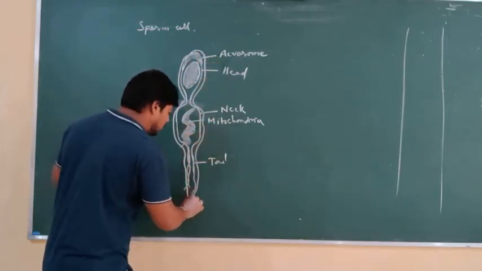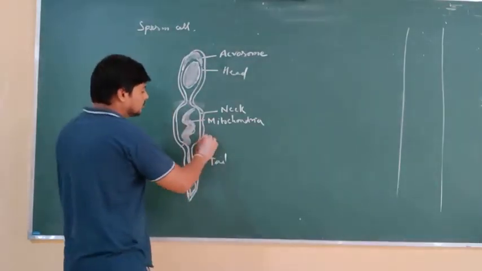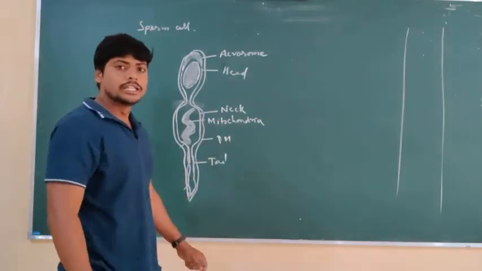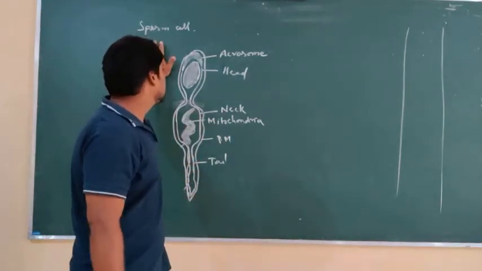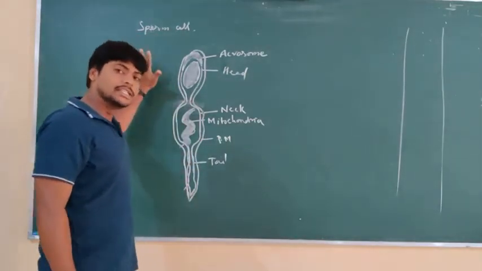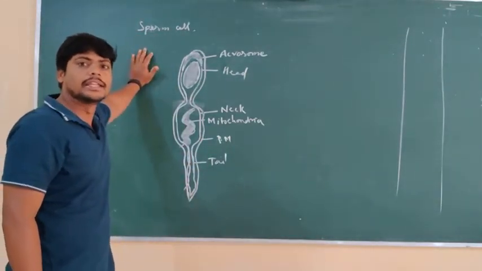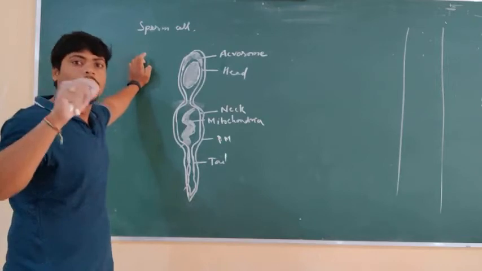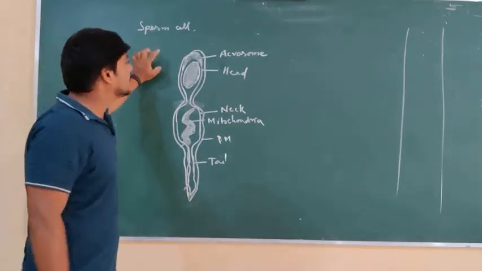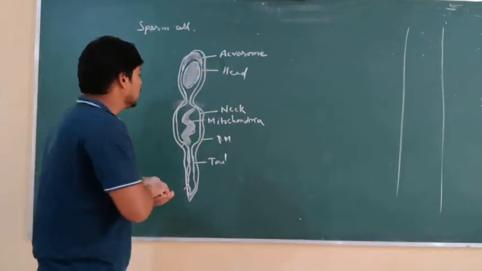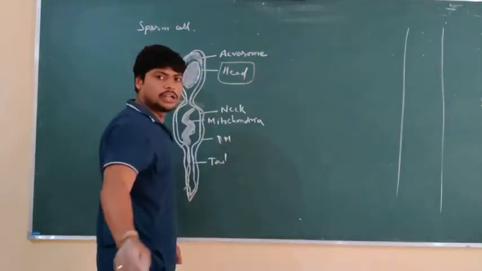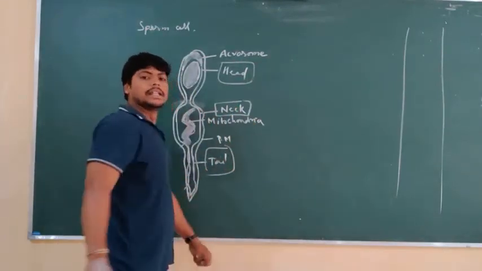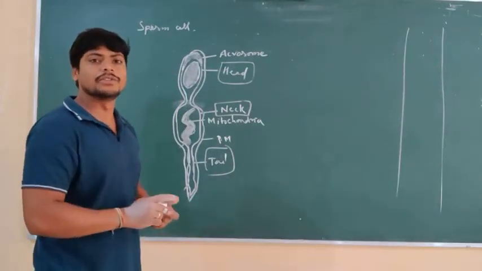The sperm cell is surrounded by a plasma membrane-like structure. So this is the structure of the sperm cell. It is motile in nature, which means it can move and swim to reach the ovum, which is secreted by the female body after sexual intercourse. It consists of mainly the head region, the neck region, and the tail part. These are the three important parts of the sperm cell.